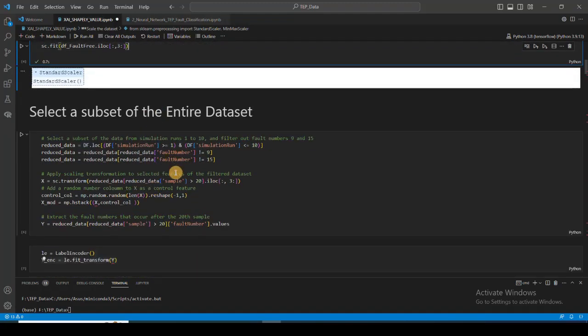And for the testing data, I'm just taking a sample of my entire data so that it won't be computationally very expensive for me, and I'm neglecting two different fault features. After that,